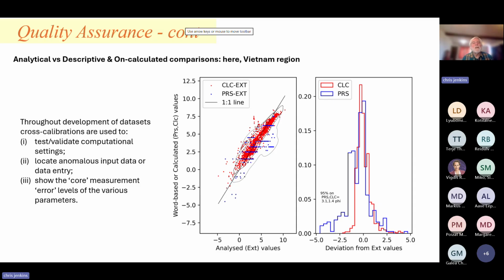So we also apply this to other data sets, and we apply it to some other parameters, not all. And here we have a comparison of the parsed, that is the word-based data, the PRS in blue points here, compared with actual measurements with grain size analyses. And you can see that there's a reasonably good correlation.